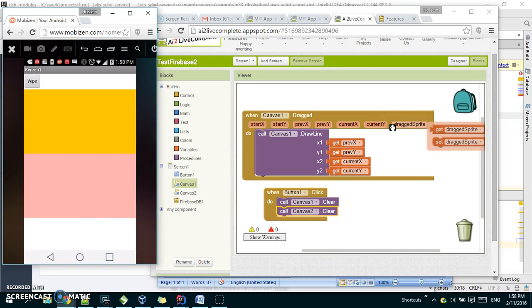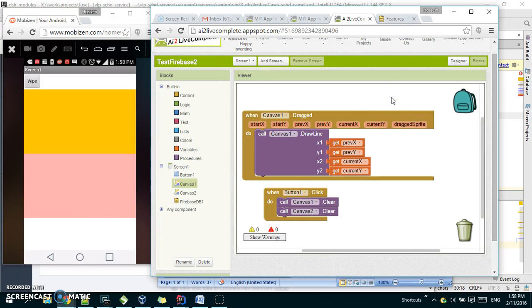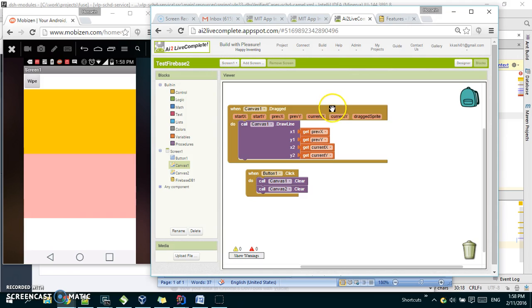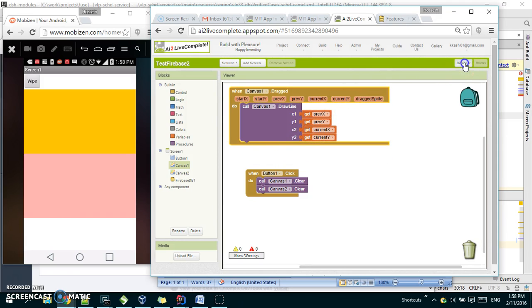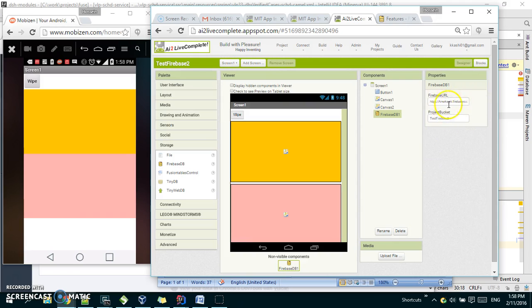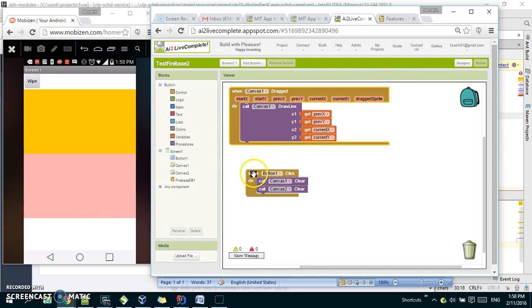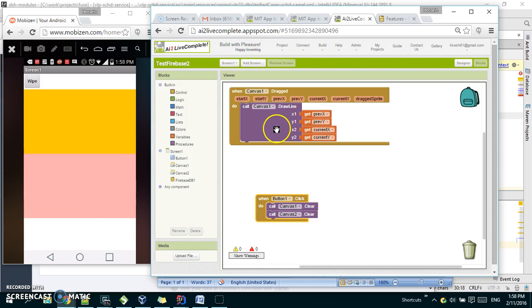All right, so at this time the data is not being persisted. So what we need to do is persist the data into the Firebase cloud database, with the server pointing to whatever Firebase URL that we have. Firebase takes a key and a value. So for the Firebase component,